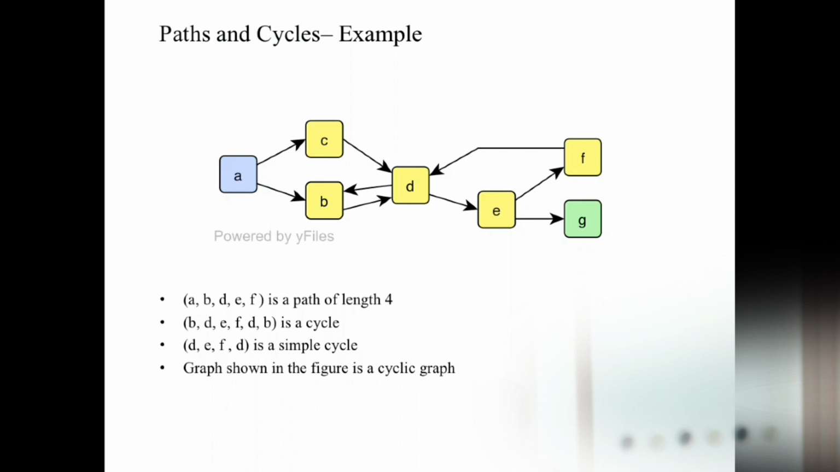It's also a cycle, but the difference between the cycle and a simple cycle is that in a simple cycle, you don't have redundant or duplicate entries. A node can appear only once on the path of that cycle. Okay, so